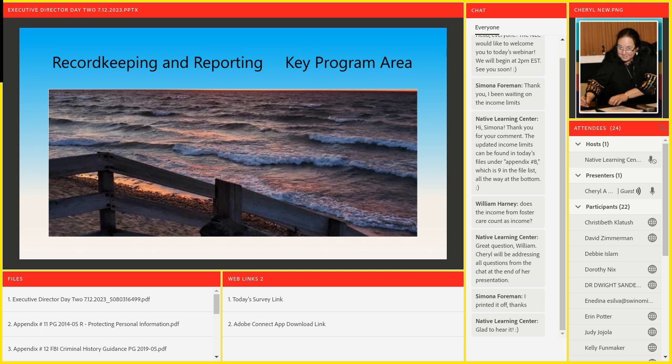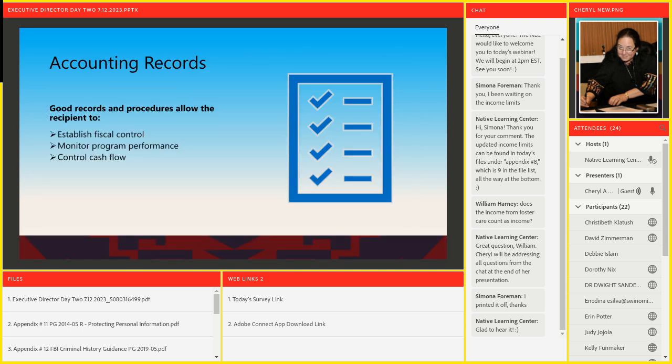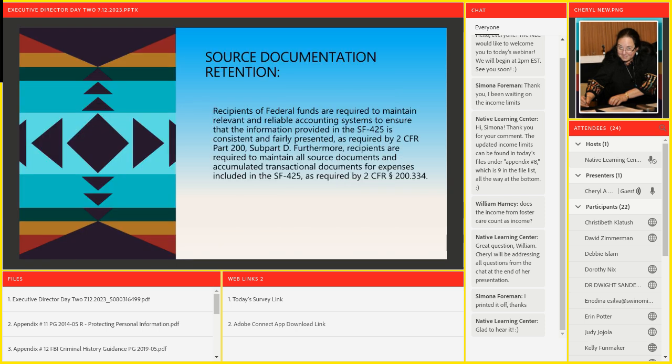So your record keeping and reporting, your key program area, your accounting records, good records and procedures allow you, as a recipient, to establish fiscal control, monitor your program performance, and control your cash flow. Your source document retention. Recipients of federal funds are required to make and maintain relevant and reliable accounting systems to ensure that the information provided on that SF 425 is consistent and fairly presented as required by 2 CFR